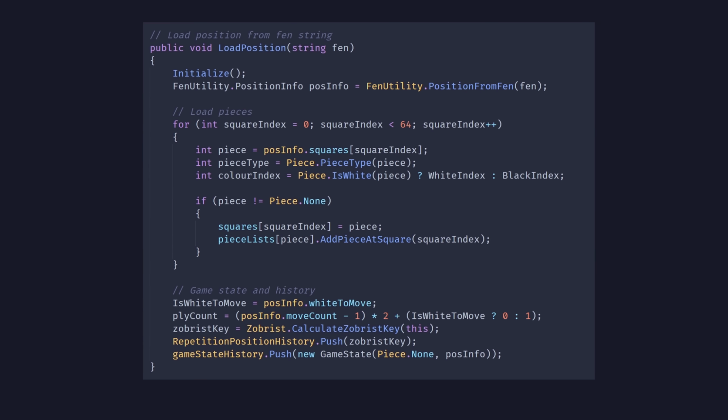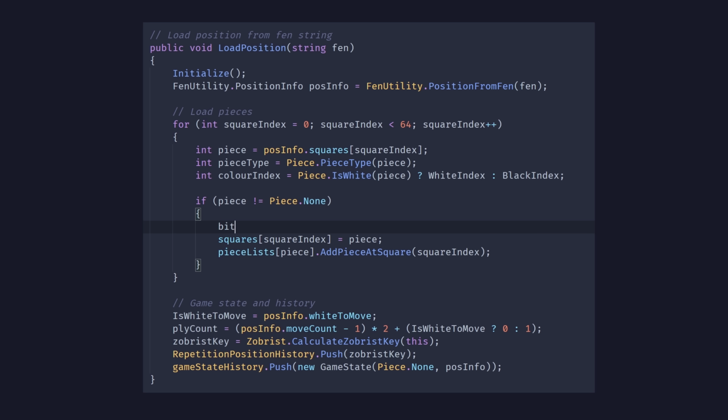Another useful tool we have are these left and right shift operators. So for example, if we take the value 1 and shift it 4 bits left, we get, well, exactly what you'd expect. So in the code, when we're loading in all the pieces for the starting position, we can look up the bitboard that corresponds to the current piece type, and do a bitwise OR operation on its current value, with the value 1 shifted over by the index of the square that piece is on,